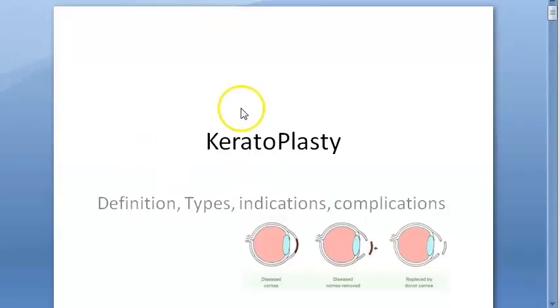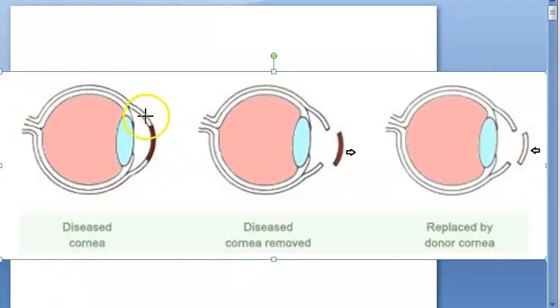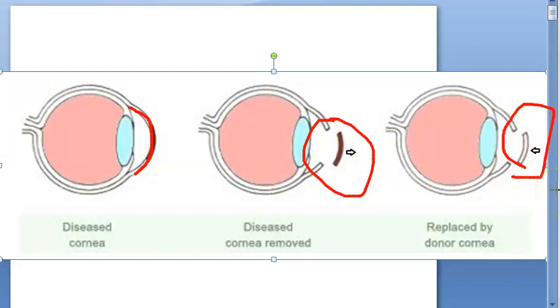Hello people, in this video let us look at keratoplasty. So kerato refers to the cornea, right? And plasty, you're doing some molding, grafting, that is what plasty will mean, okay? So keratoplasty. Look at this here. This is the cornea, right? In this they are showing removal of the cornea, a part at least, and they are putting a new cornea which is healthy.